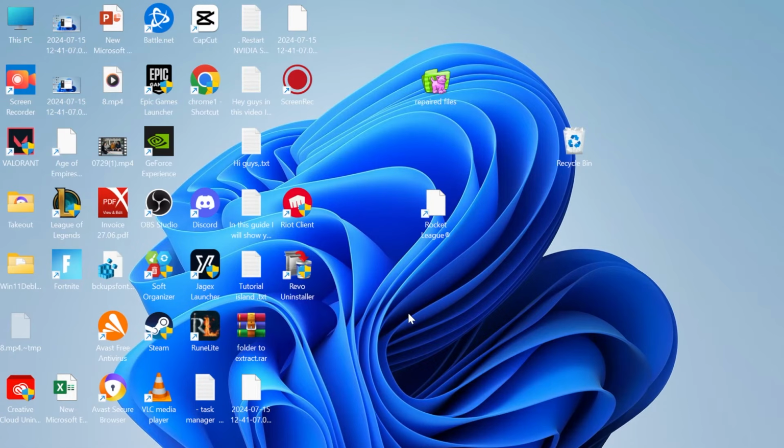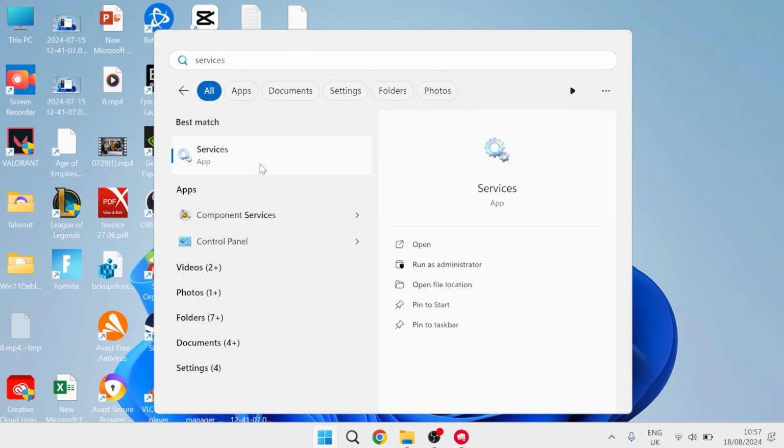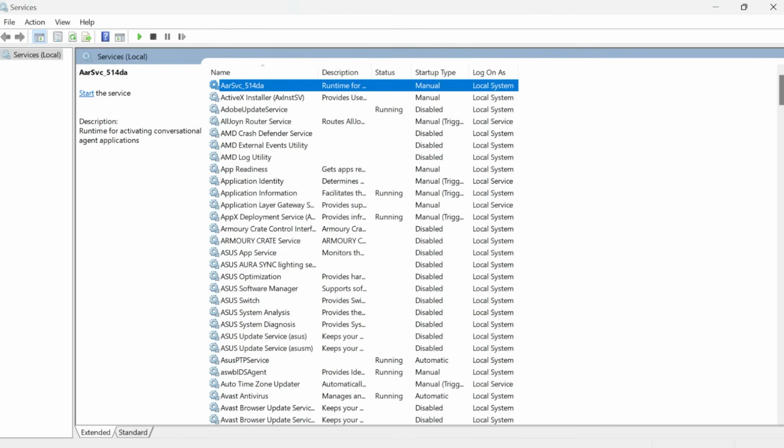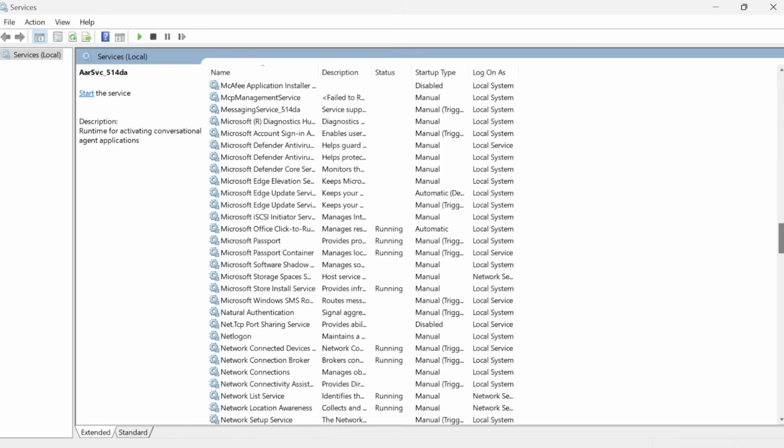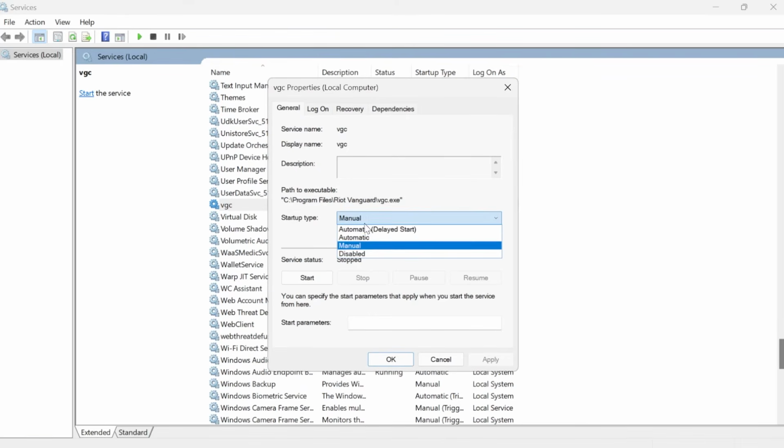And once we've restarted our computer, the last thing you'll need to do is head over to the start menu, search for Services, and head over to the Services window. Inside of this list of services, we need to scroll down to a service called VGC. Double click on the VGC service, change the startup type to automatic if it's not already set to this. Make sure the service status is started, so just press the start button down here,